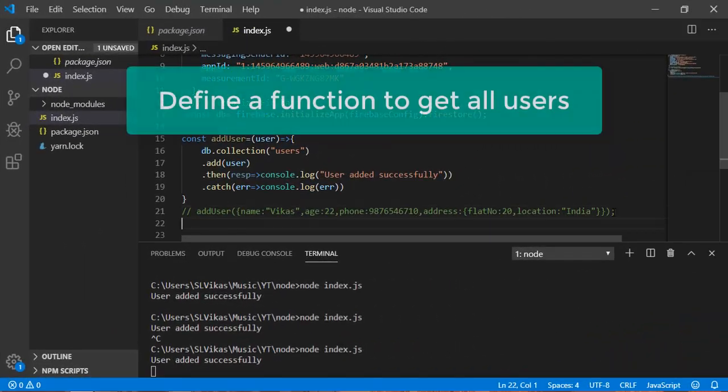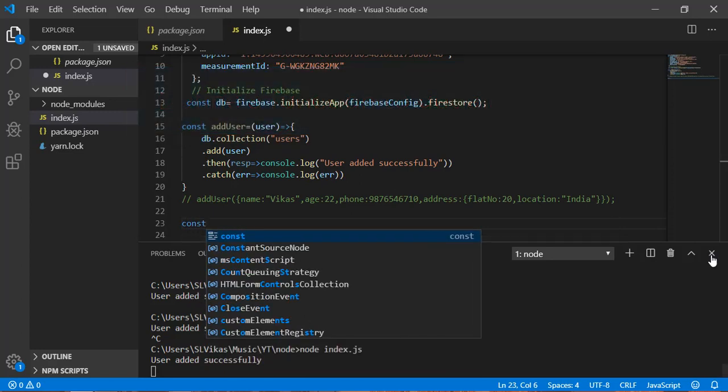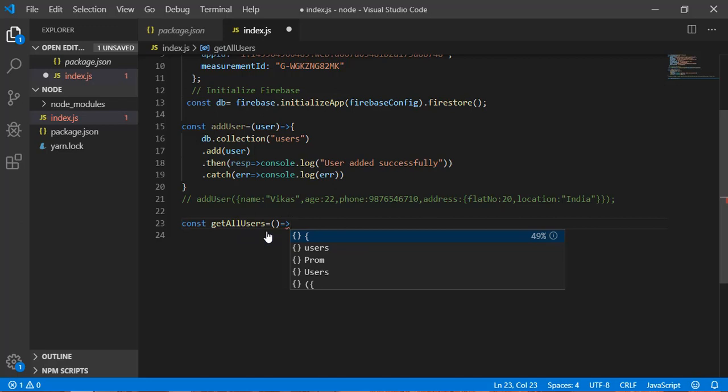Next thing, we need to write a function for get all users. So I can write here const get all users. This will not take any parameter, and this is going to return me all the users. So db dot collection name, and that collection name is users.